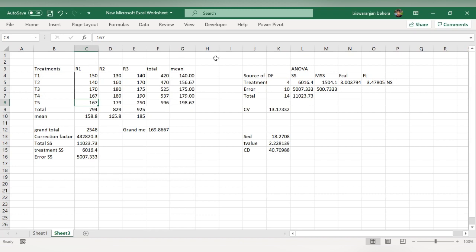But in this software, it is easier to change the data. For example, here we can see the experimental result is showing that the experiment is non-significant. So here we can see the plant height in T5 ranges from 167 to 250, which is quite unnatural because the treatment is same, but here only the replications are different.